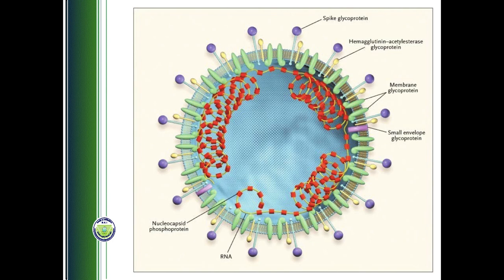There are plenty of proteins on the outer surface of the membrane, most predominantly the spike proteins. But besides the spike proteins, there are other proteins, envelope proteins, minor proteins, which are also present on the surface of the membrane. Now, inside the virus membrane, there is what we call the nucleocapsid. The nucleocapsid is nothing but nucleic acid, which for any virus is either DNA or RNA. In our case, it is RNA, together with proteins, the capsid made up of proteins.